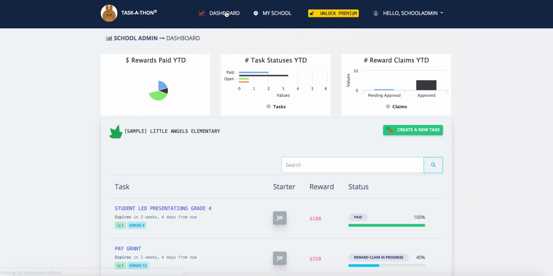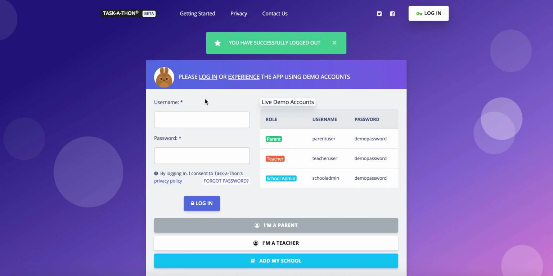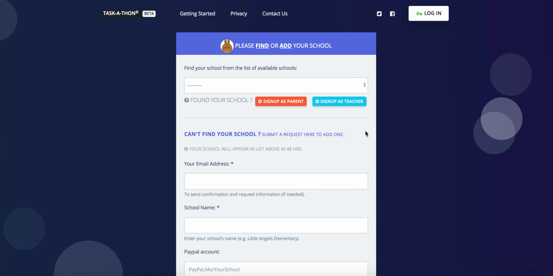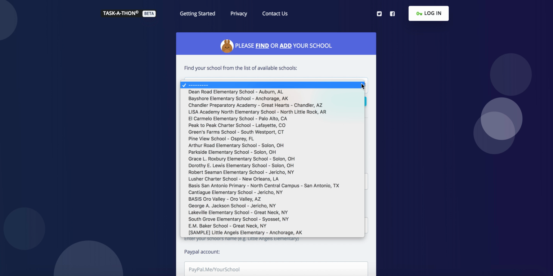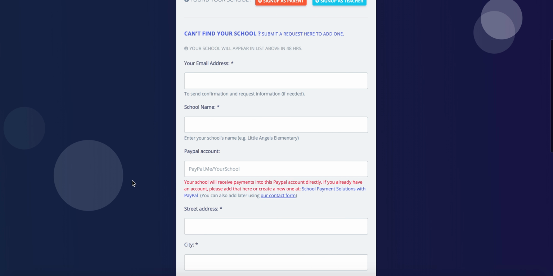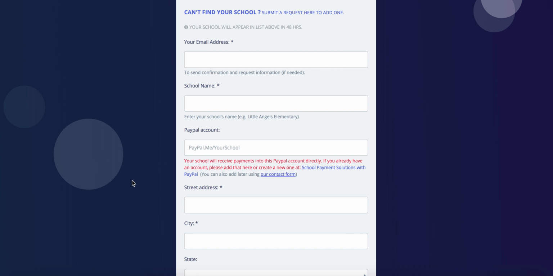Going back to the task dashboard, this is Task-a-Thon. To get started, please go to the home page and start by finding your school. You can look up your school from the schools drop-down. And if you find your school, you can sign up as a parent or a teacher. If you don't see a school here, we would request you to submit a form with your information in your school's detail. We request that you provide a school's PayPal wallet account here, because that's what we'll be using to